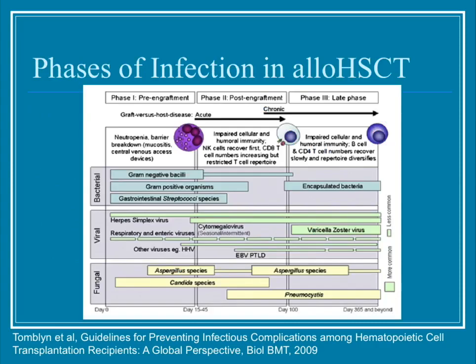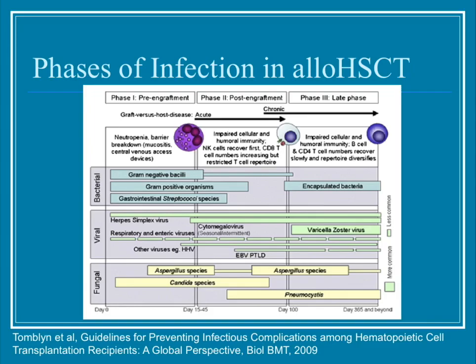I love this graphic, hands down, for anyone who works with me. This is from the Tomlin paper in 2009. It breaks it down, your 0 to 15 to 45. This is all about mucositis. I got chemo. My mouth is melting. My GI tract is melting. Then from day 15 to 45 to day 100, this is post-engraftment, acute GVHD, day 100 onwards, more the chronic